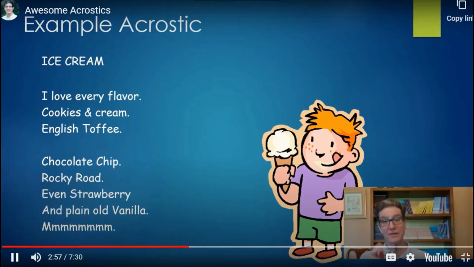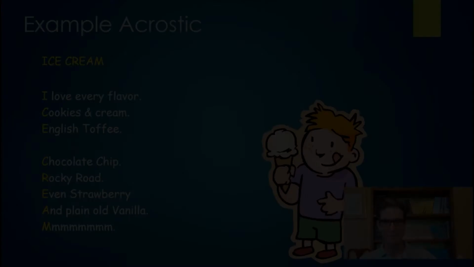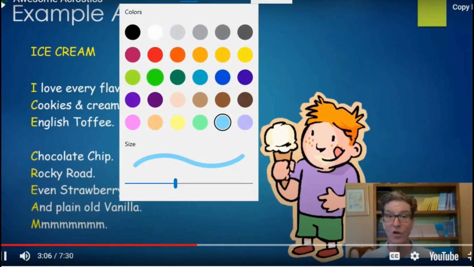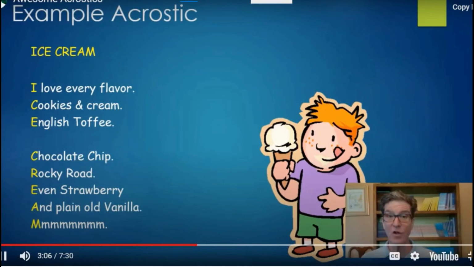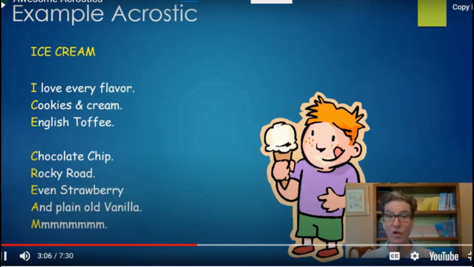Now, if you look at this acrostic, you will see that the first letters of each line spell out the words ice cream. And really, let's take a closer look at the word used here in the video, which is actually ice cream. So as I told you previously, these words can be your own words, so you can write about the thing that you find interesting or a word that you would like to use. So as you see, ice cream is written vertically, I here, C,